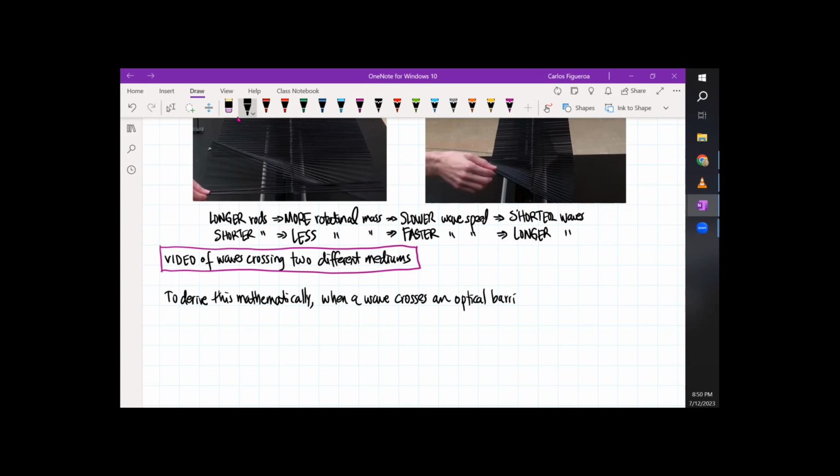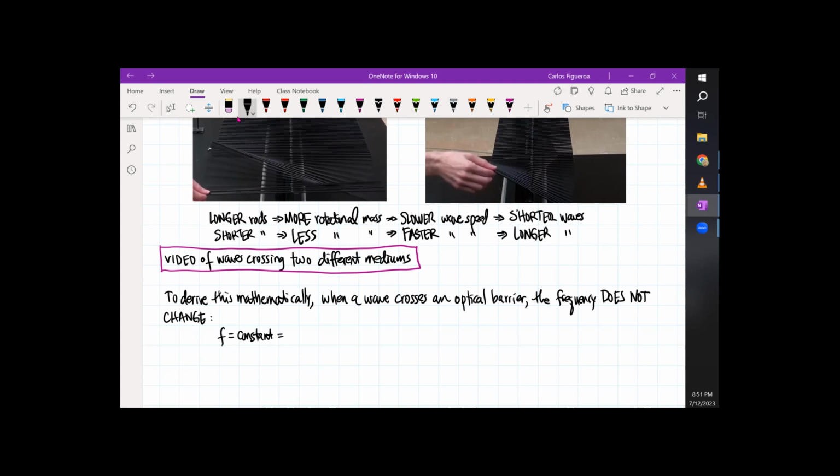But since we're dealing with optical stuff, I should say that the frequency, as I've already said multiple times, does not change. So then, mathematically, we say if the frequency is a constant,